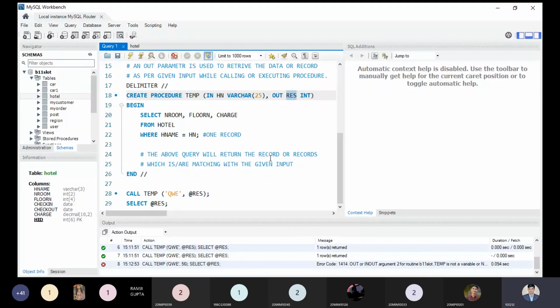Now it is clear to all, right? Yes, sir. Okay. So that is the reason we do not use the out parameter in large amounts. We will always use the in parameter by just passing the query and seeing the result. If I remove the out over here and remove the @res, this query will also return the same answer. So there will be no sense at that moment, but there will be some sense. Just unlike the in parameter, can we use the out parameter? So that is the point.